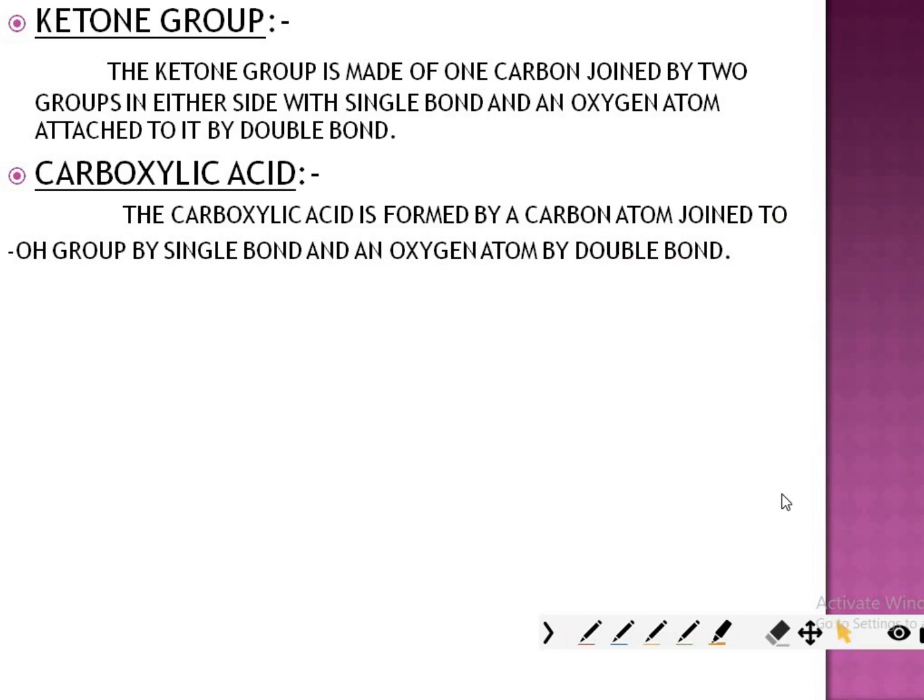Okay. Now how is carboxylic acid written? C, then we have O here, double bond O, and here we have OH. This is how carboxylic acid is written. Okay,